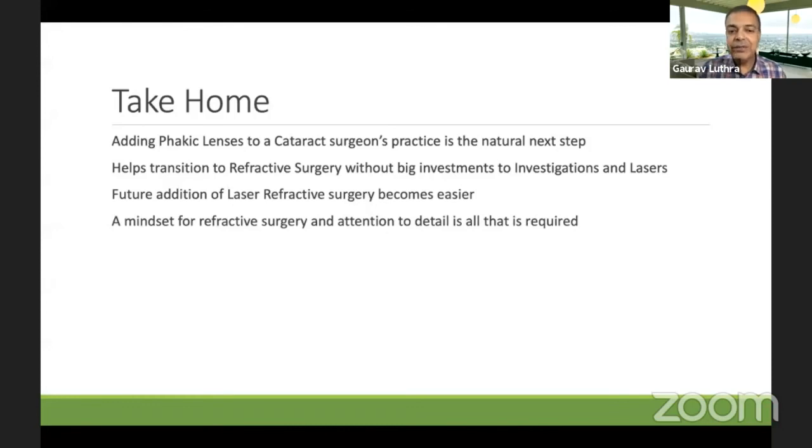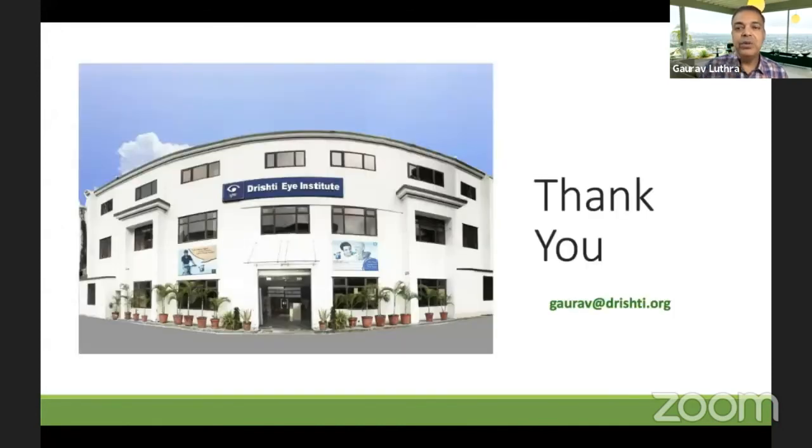And a mindset for refractive surgery and attention to detail is all that is required. And that would take you through. And I think with that, I'll